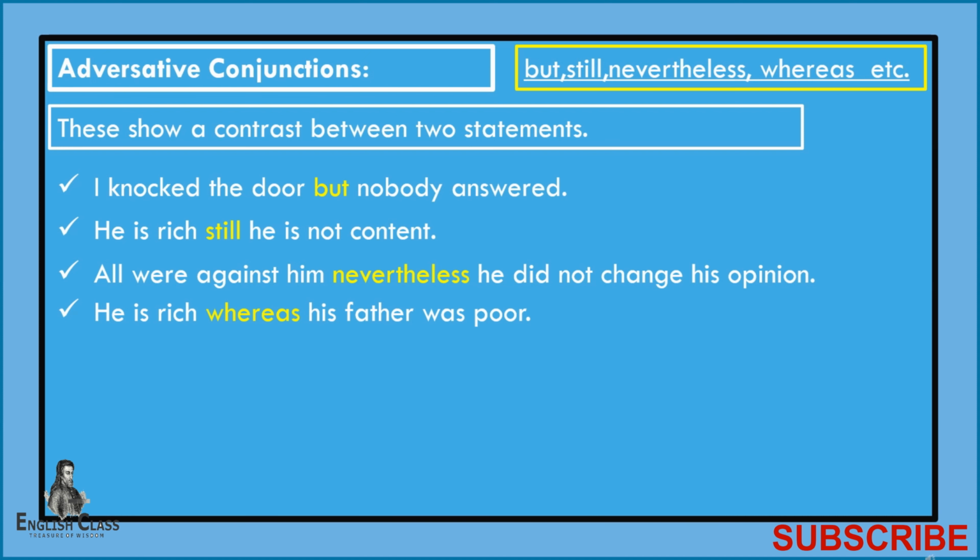And one thing more you will have to keep in mind: in the relative conjunctions we had to use a semicolon, then the conjunction, then a comma. Here we are not using a comma, we are using just conjunctions to conjoin two clauses. That's what you will have to understand.